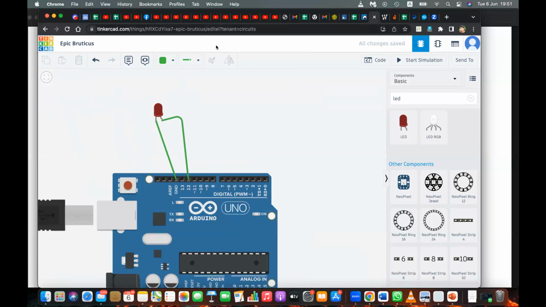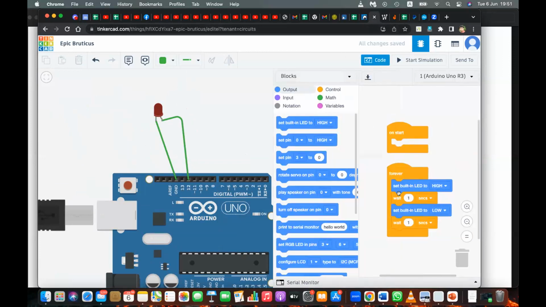Okay, then the coding part. Let's go to the code. It's easy. You have already done that. Go to the code, and here you can see set built-in LED to high and built-in LED to low. When you start the simulation, you can see it will turn on the built-in LED. This is actually connected to pin number 13. Let me show that.